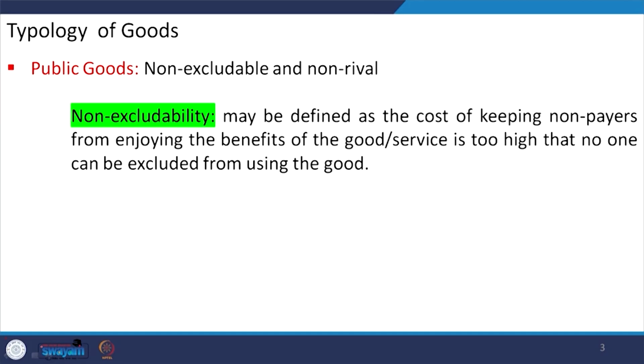The first thing that we want to highlight is that the cost of excluding others in the provision of this public good is too high, because of which the first consumer who wishes to consume cannot prevent the second consumer from consuming the same good. That is why the good is open to both of the consumers. And the second characteristic of public goods is non-rivalness. What is non-rivalry in this context? In common parlance, it is rivalry when one is consuming, and then the second cannot consume the same.